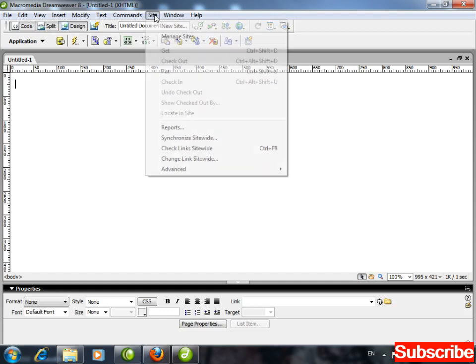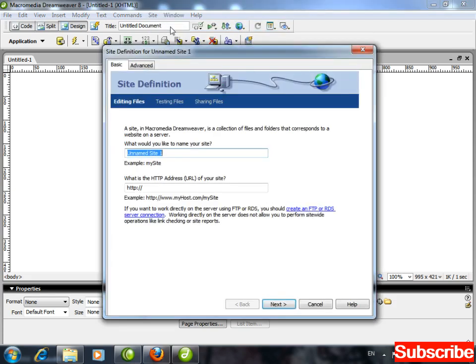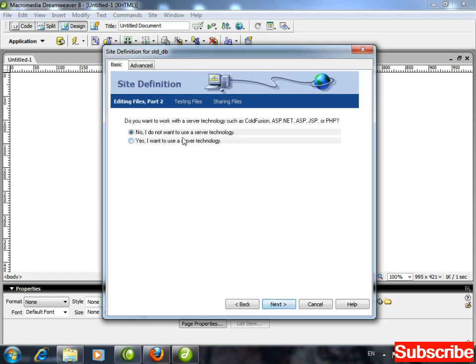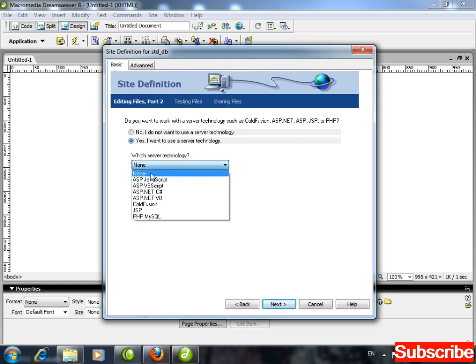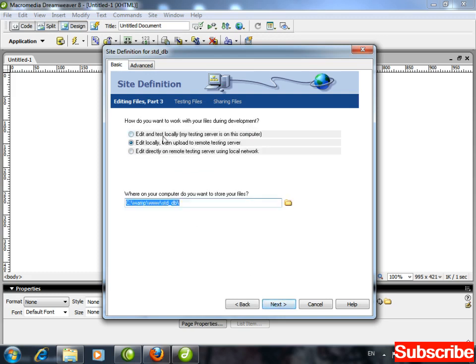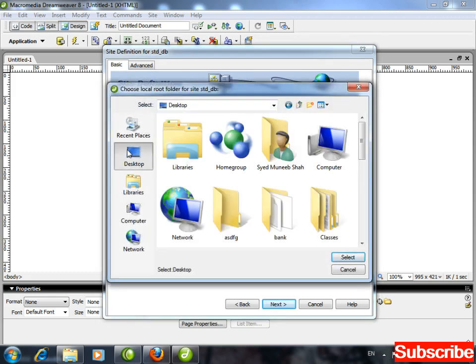Now click on site and either click on manage site or click on new site. For example, I click on new site. Here you have to paste the same name, std_db. Here as well you have to paste the same name. Next, it's asking want to use server technology. Yes, I want to use. And now which one? PHP MySQL, the last option you have to select. Next, select the first option and again click on this folder and select that folder which you have created.